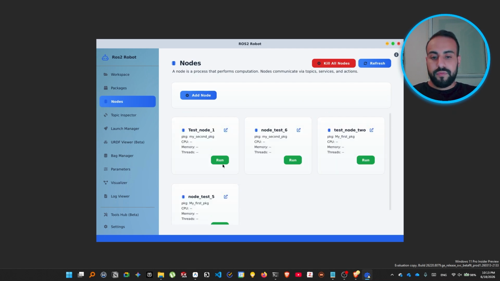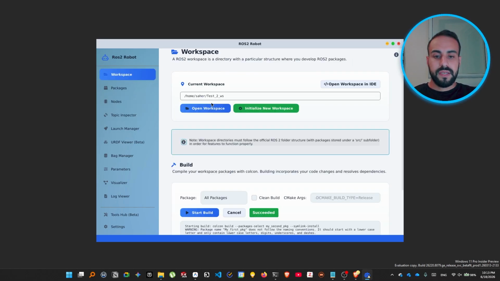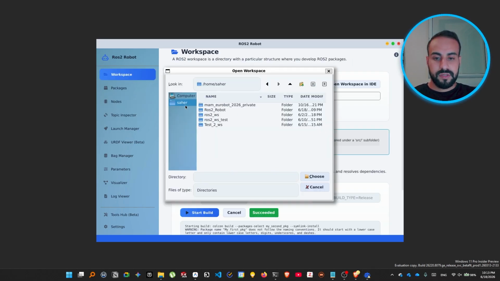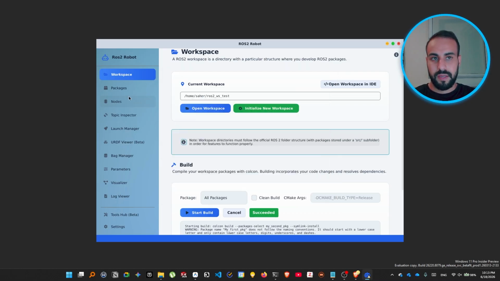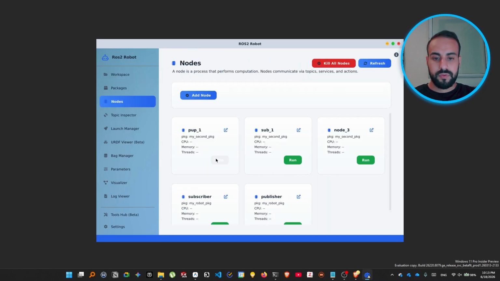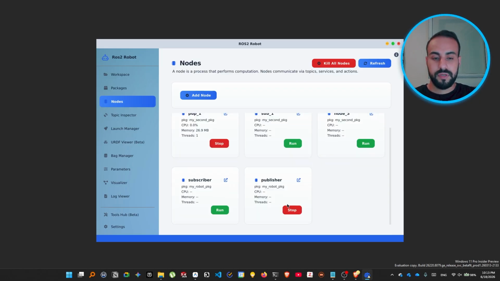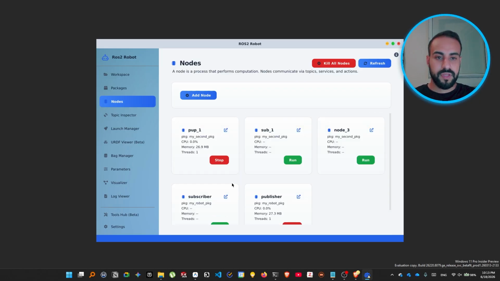So you can run any of these nodes and you can even kill all of them and run all of them. Let's select another workspace actually that has more publishing, or like a node that is written. So here we have this node, for example. Let's run publish one, another publisher, but both of them are the same code and they publish to the same